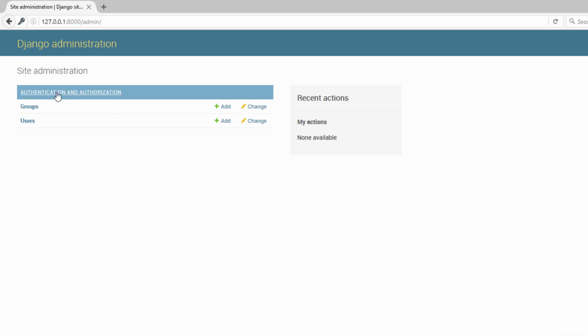Right now, as you can see, we have two things here, the groups and users. Even if you create login accounts for your websites, you could manage them from here. Also you have a choice to manage your very own databases. Right now we have only one table in the database, which is book, but as you can see, right now we don't have anything over here. So in order to make